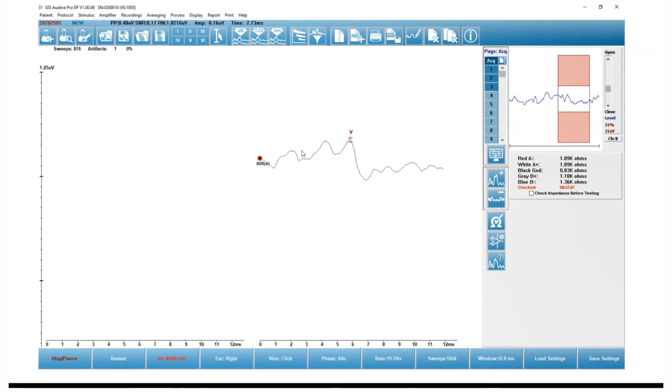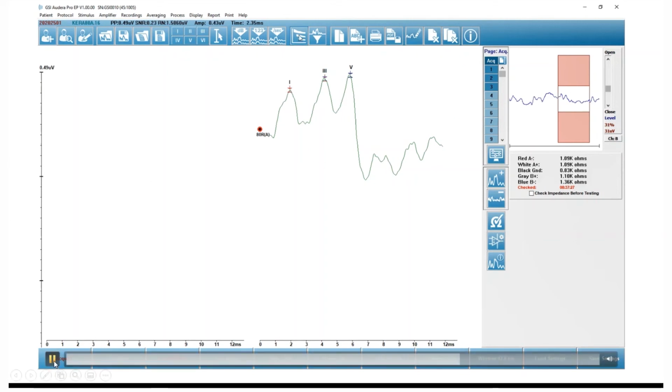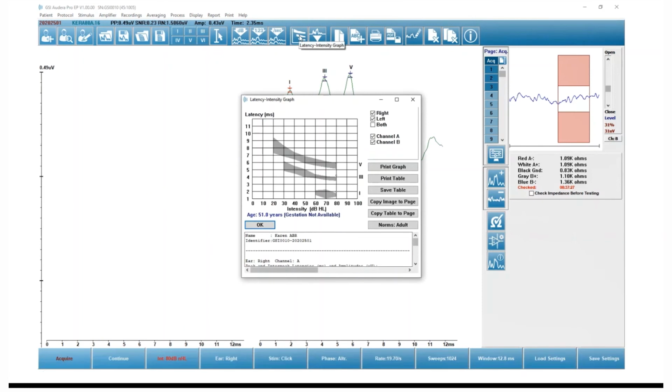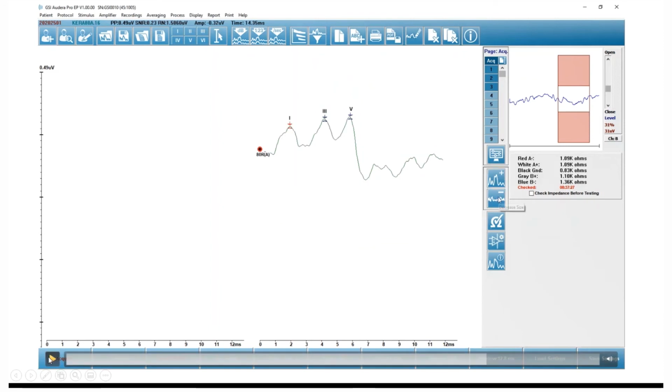There's wave 5 on my click ABR. I'm going to select wave 3 and also mark wave 1. The collection is done, but I'm still going to go ahead and mark wave 1. If I wanted, I could launch the latency intensity function, which isn't too exciting because I only have one waveform there. And I do want to pause the recording again, and I want to draw your attention here to the